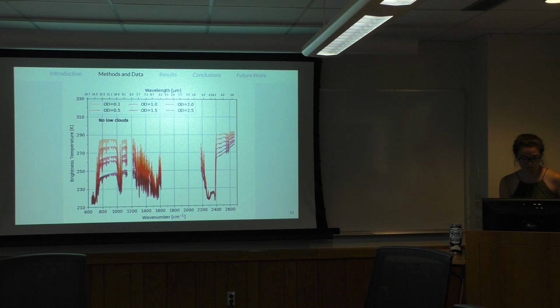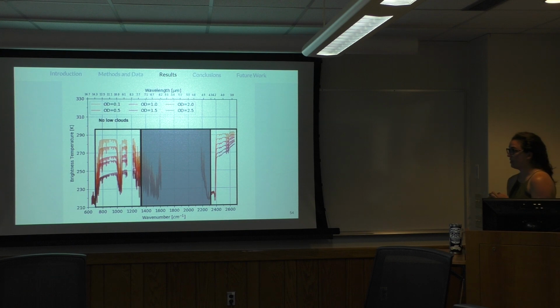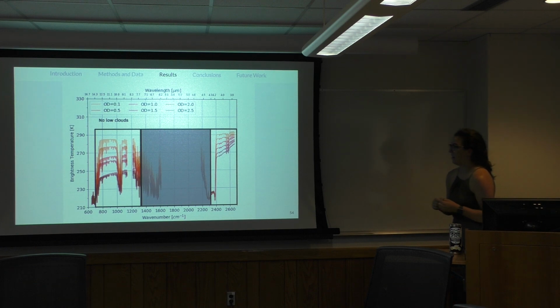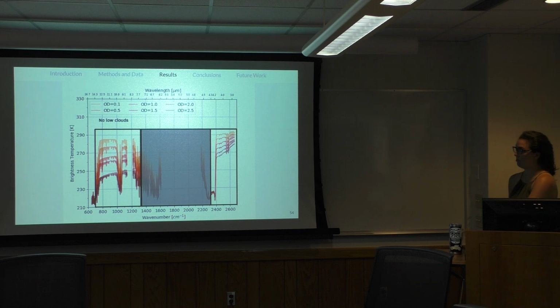So if we can partition that. This is our brightness temperature spectrum just for single layer clouds, and this is where our ice cloud in this single layer case is increasing in optical depth. What we notice right away is that as we increase the optical depth of our ice cloud, the largest differences in brightness temperature occur in the shorter part of the spectrum, as well as in the IR window region. And so we might think that those channels have high information about the ice clouds we are